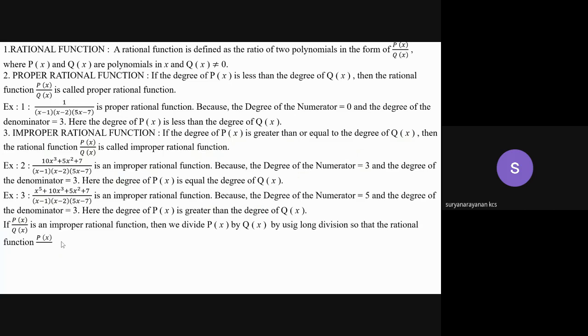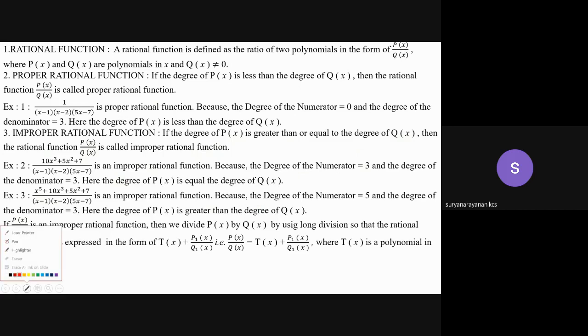You will divide the numerator by the denominator and convert that into a mixed fraction. Yes or no? Similarly, here also, if the given rational function is an improper rational function, then we divide p of x by q of x